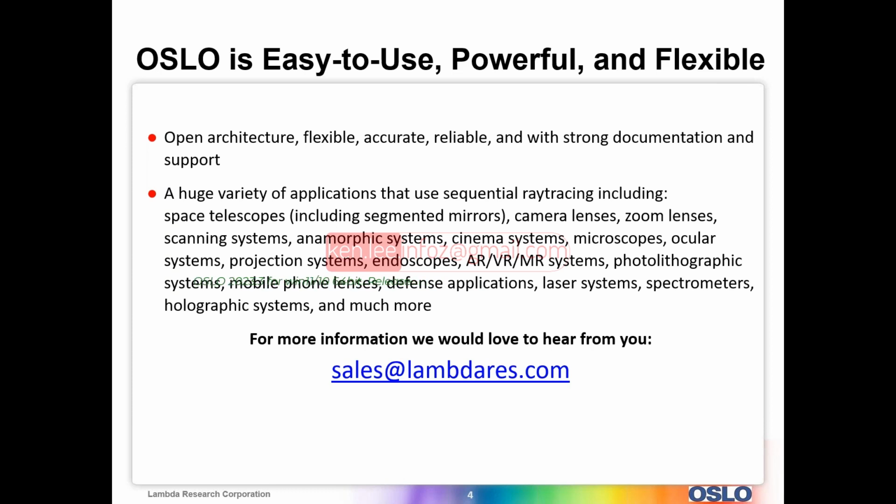So I gave a list here of space telescopes, camera lenses, zoom lenses, scanning systems, systems that are anamorphic. You know, there's different power in two different axes. Cinema systems, microscopes, ocular systems like rifle scopes and binoculars, spotting scopes, projection systems, endoscopes. It does have gradient index capability, AR, VR types of systems, full lithographic, mobile phone lenses, defense applications, up through